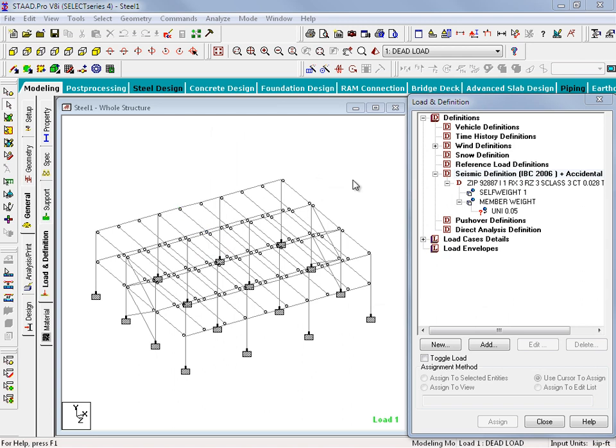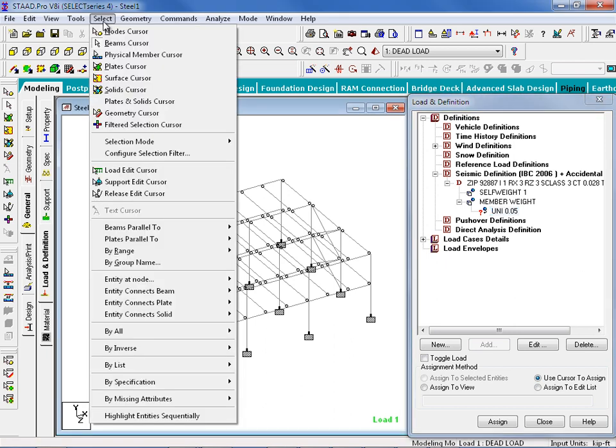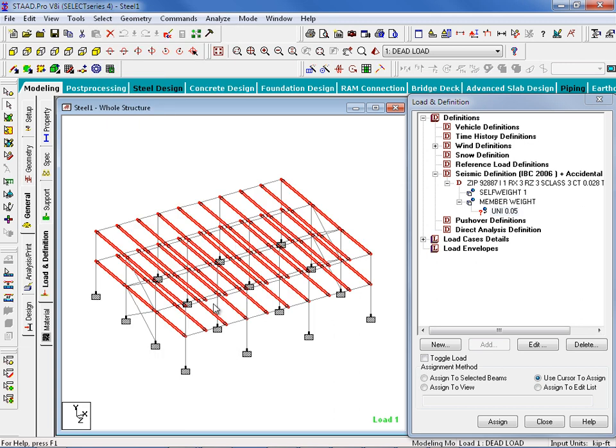In the Load and Definition dialog, we're going to notice that our self-weight item has automatically been assigned to the model, but our member weights for our uniform load still need to be applied to the model. To do this, we will select this load item, then we'll select the members to assign it to. For this model, we will go up to our Select menu bar item, select Beams Parallel to, and then we'll select our Global Z-axis. Once your members are selected, we will change our assignment method to Assign to Selected Beams, and then click Assign